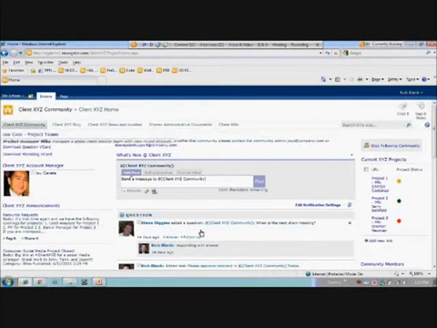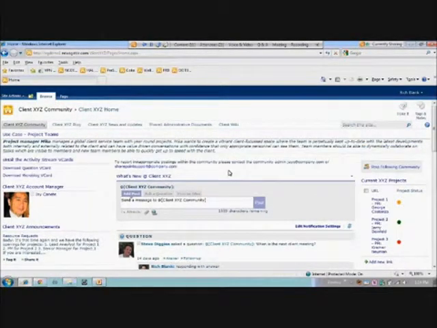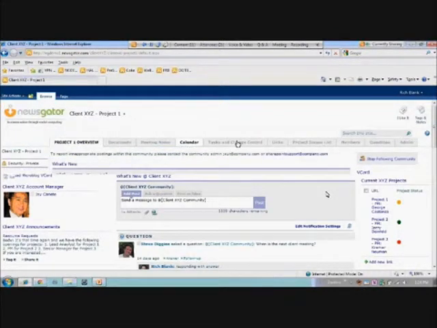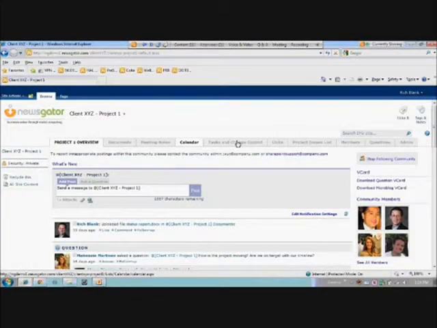So there are a lot of different ways to approach communities and skin them and provide a different look and feel that embeds within your existing SharePoint environment. Whether it looks more like our community of practice with tabs and whatnot, or perhaps more like a client community with particular project subcommunities. And these project subcommunities might have documents or meeting notes or change control or issues lists, right? So something more relevant to the particular use case that you're actually using.